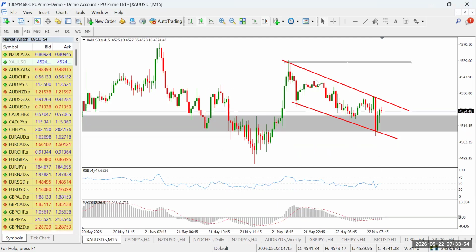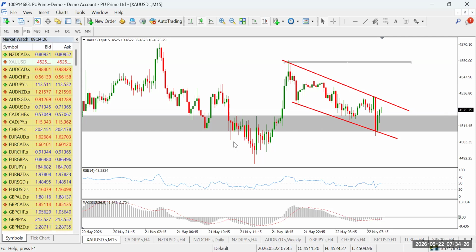For crude oil, it depends on the outcome of the meeting between the United States and Iran. Though Iran still insists on trying to continue its nuclear warhead program, which is against the terms of the United States. But if they're able to reach a conclusion, or they're able to compromise, crude oil will definitely drop in value. But then if there's any hostility from Iran, then price of crude oil will go up again. So that one is purely dependent on the upcoming outcome of the meeting that is being held.